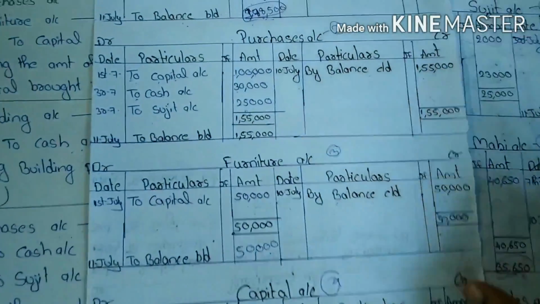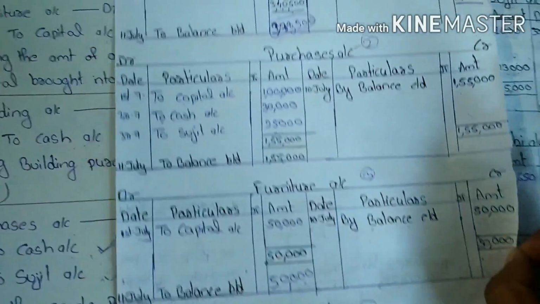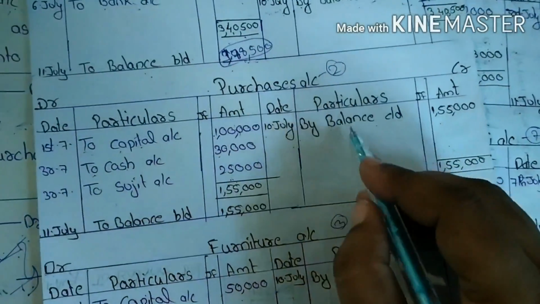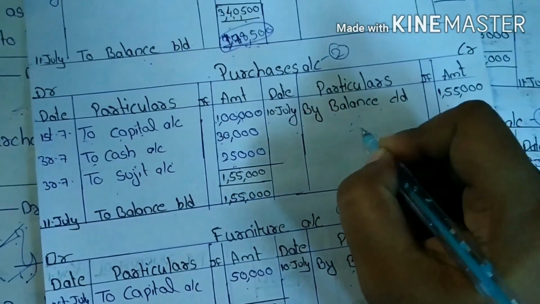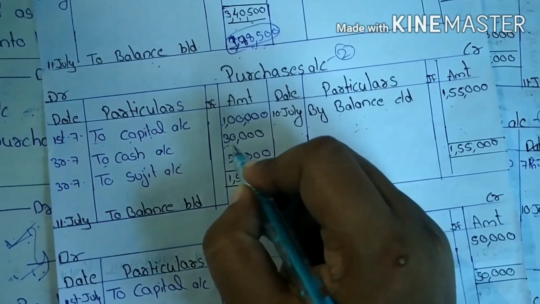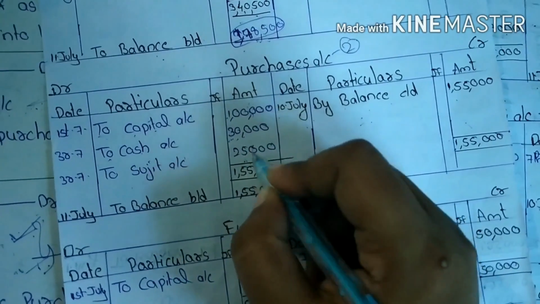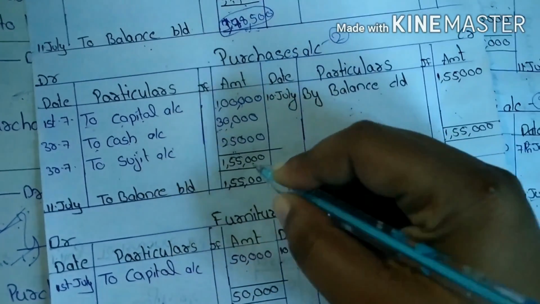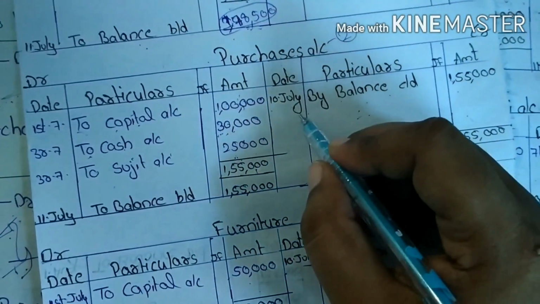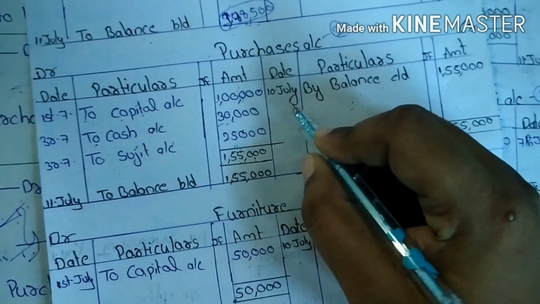Okay. You have to tally the purchases account. So when compared to credit, debit is high. There are no transactions on credit side. The debit balance is high. Right. So the total debit balance was 1,55,000. Right. So the difference was 1,55,000. So at the end of the day, we find the balance.